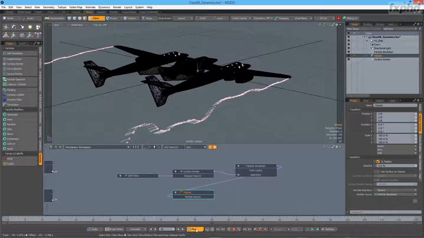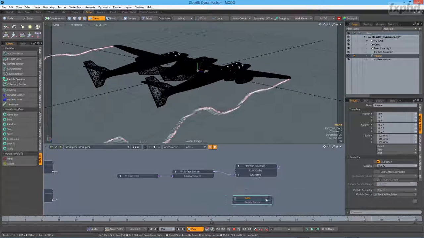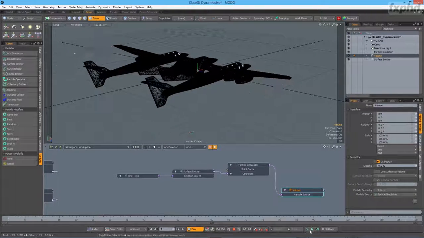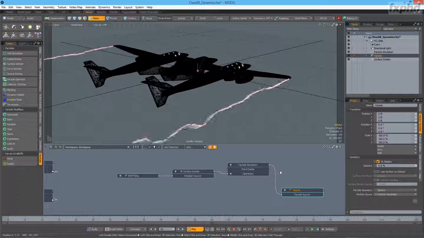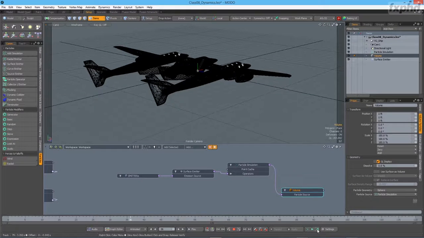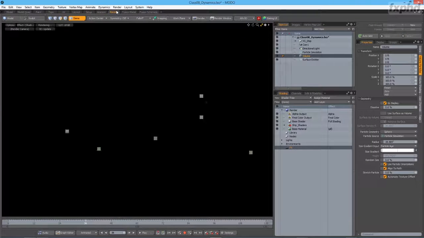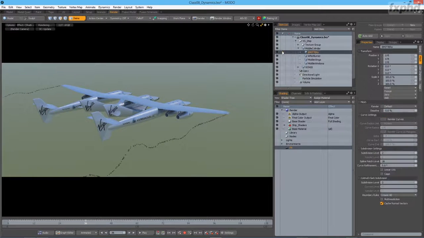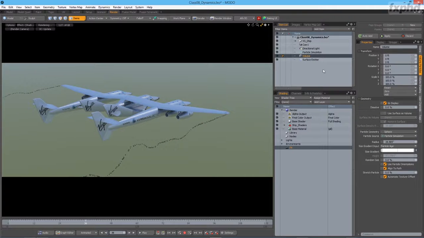So now if we play this, we can see that our volume is hooked up to our particle simulation now automatically, and we have something happening here. So I'm going to cache this one more time, come over to my render tab just to update it, and we can see that we have something happening now. And actually I'm going to turn off the emitter's geometry, that way we don't get the little things right there. Collapse that back down. Click on our volume,